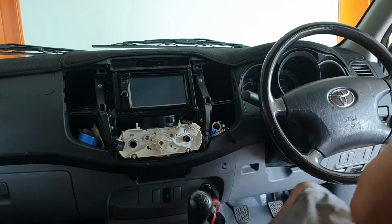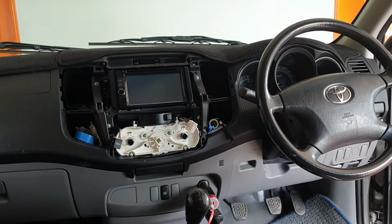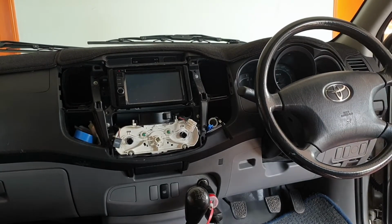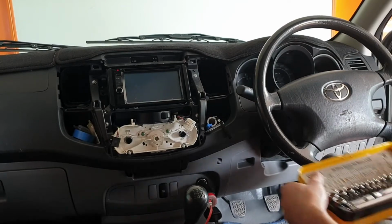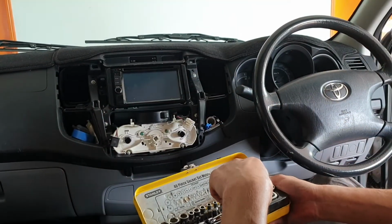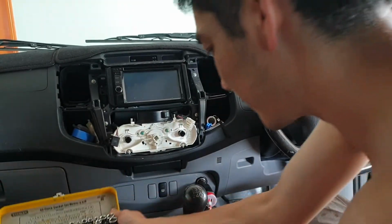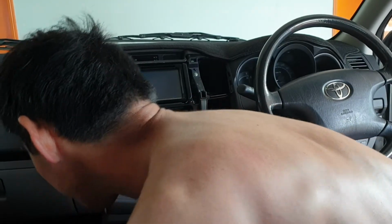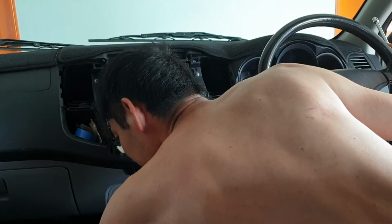Now, I'll get my socket set. All you pretty much need with the socket set is this 40-piece socket set. That's all you need. Alright, so I'm going to take the right bits and pieces out that I need. This is out, so